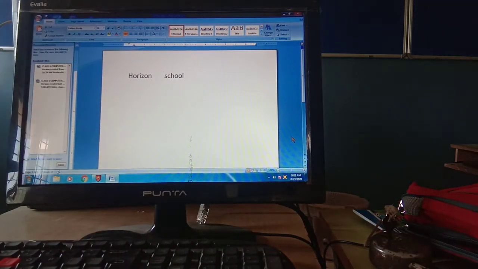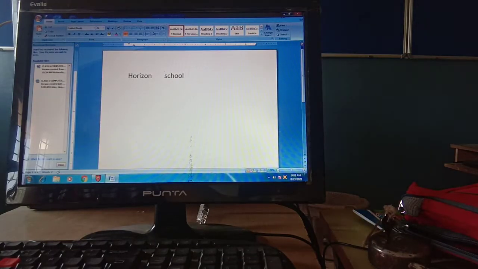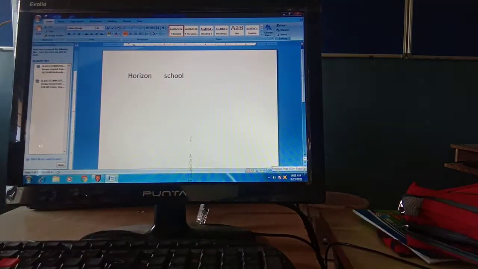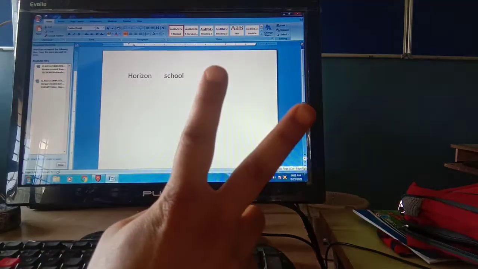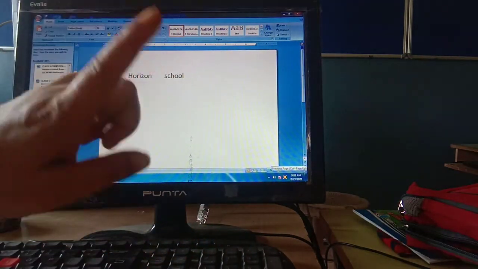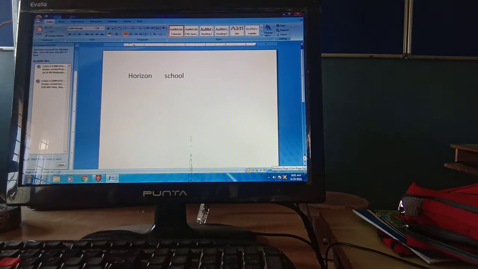But you can also set the tab. You can also change the tab setting. If you want more space from the tab, you can have more space from the tab. How to do it? Let's see. First of all, we have to go to the paragraph launcher, and there are two ways to go to it. Students, I already told you, there are two ways. In your book, it is written that you have to go to Page Layout and then go to the paragraph launcher.